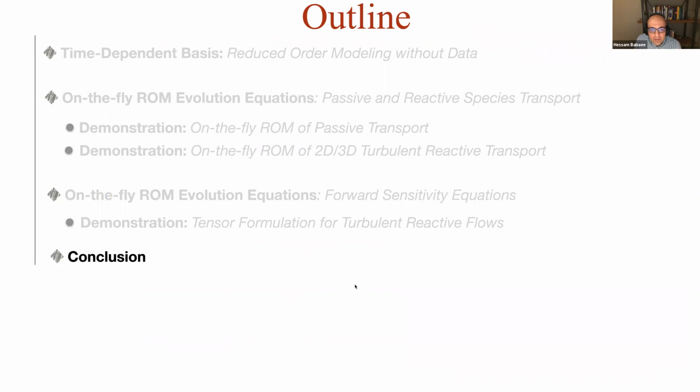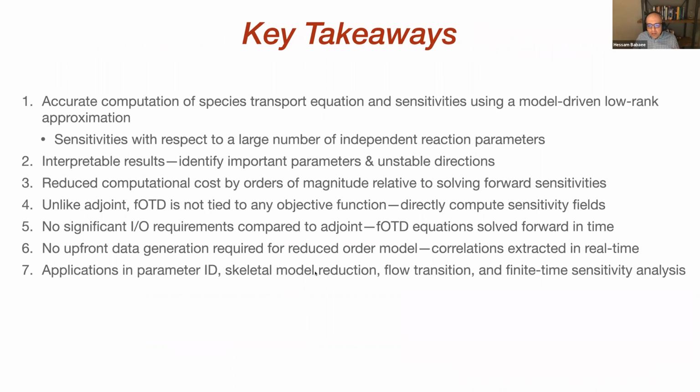And with that, I'm just going to conclude and see if you have any questions. So, we can take this framework and solve these problems that are either high dimensional or have a large number of PDEs coupled together that need to be solved. And instead of solving the full dimensional equation, we solve these equations in this reduced form without the data. And so for sensitivity, we showed you can actually compute sensitivities in these evolutionary systems with respect to a large number of parameters with a surprisingly low number of modes.